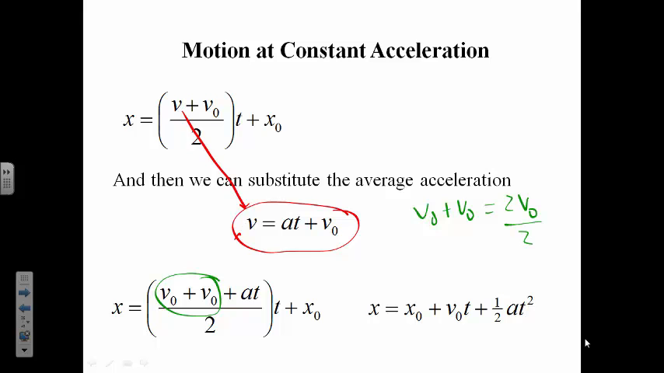2v0 divided by the 2 gives us 1v0. 1v0 times time gives us this term. That leaves us now with this. So we've accounted for those pieces. Now what we want to do is take AT times t gives you the 1/2 AT squared. So we have a new position equation here